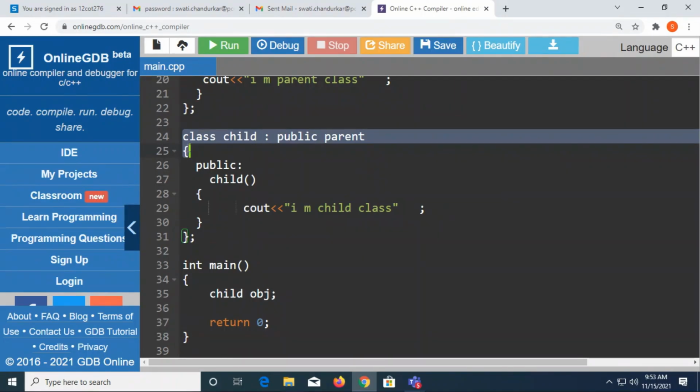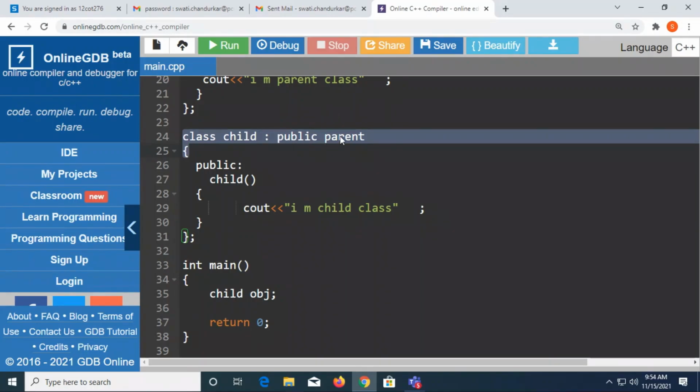That means this class is a derived class and it must be inherited from somewhere. Whenever the compiler reads this colon, it will understand that this is an inheritance and this is a child class, that is, a derived class. So it is derived from some parent class. Now, which is the place from where it is derived? It is written after that colon. Then the compiler will go to after the colon.